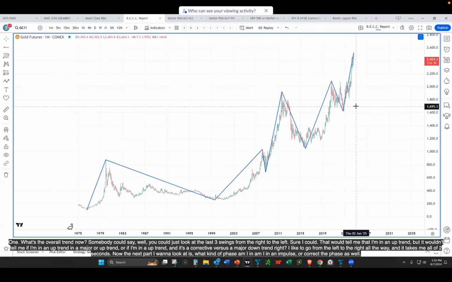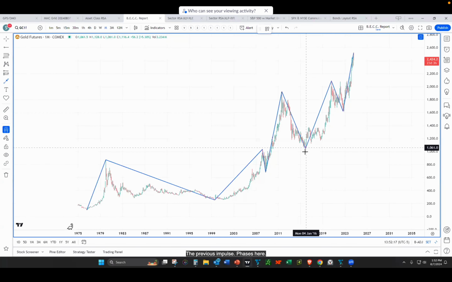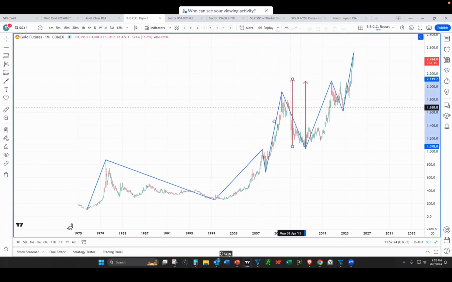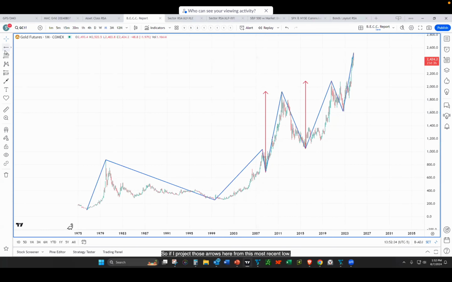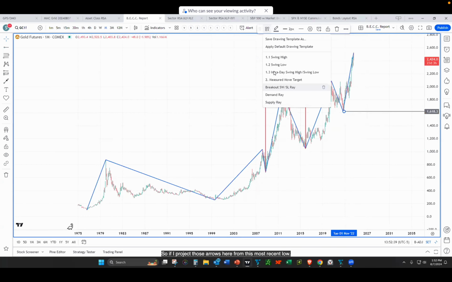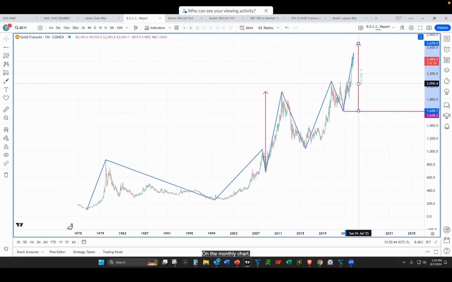Now, the next part I want to look at is, what kind of phase am I in? Am I in an impulse or a corrective phase? Well, it's going in the direction of the trend, so it means it's an impulse, which means that I would need to take a look at the previous impulse phases here to get an idea as to how far those things actually traveled. Because by doing so, it can give me a sense as to how far the next impulse might actually go. So if I project those arrows here from this most recent swing low, which is 1618 on the monthly chart,